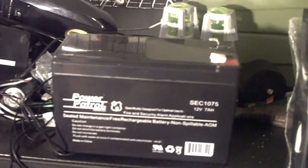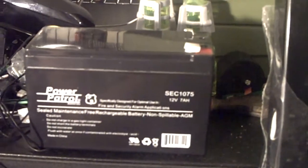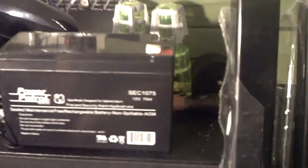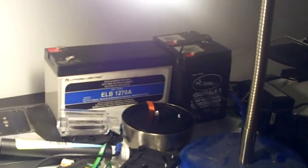So, I got 3 more of those. 12 volt, 7 amp. $10, but it costs $7 a piece, like 22 something, to have it shipped. So, like $17-18 compared to 33 plus tax at the store. Wonder what I'll do next time. But anyway,